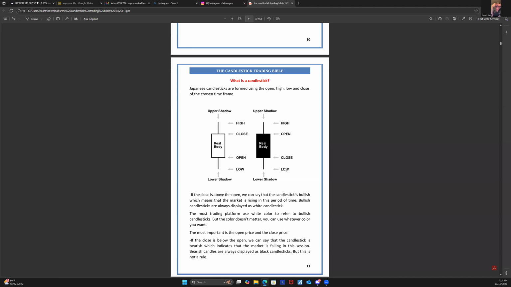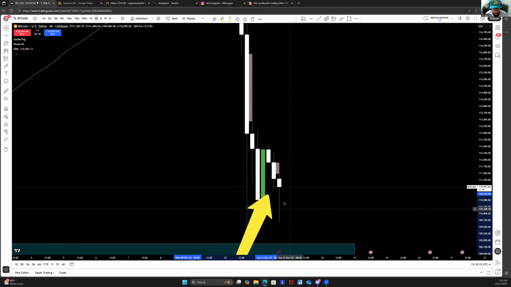Okay, no problem. That pretty much means that before this seller candle closed and even looked like this, it tried to go down and close over here in the bottom. The body, this black body, tried to go down and close, but it got pushed up by buyers because what goes up? The buyers. Anything that has to do with going up means buyers right here. See this? Who did this?